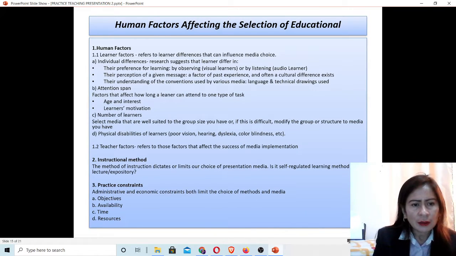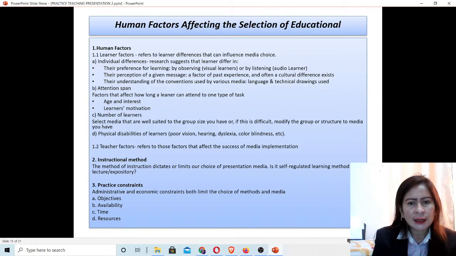Second, teacher factors refer to those factors that affect the success of media implementation. Second, instructional methods. The methods of instruction dictate or limit our choice of presentation media.